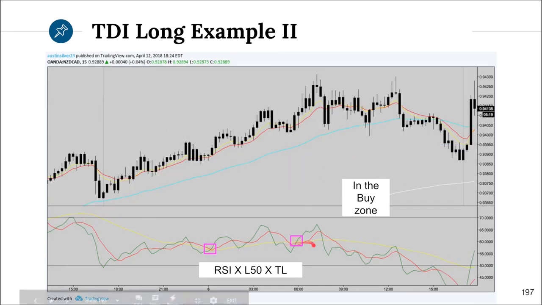Again, another example here. We have one of those dropping liquid 50s to start the day. Period separator right here. So this RSI coming through the liquid 50 in the buy zone and this RSI coming through the liquid 50 in the buy zone are two crosses that I would not be interested in, only because of this dropping liquid 50. Now, that's around midnight. This is during Asia, so this is probably around 10 p.m. Eastern time. After that point, from midnight on, the liquid 50 hits a value of about 58, it looks like, somewhere over here, 57, 58, and continues to actually rise closer to 60,